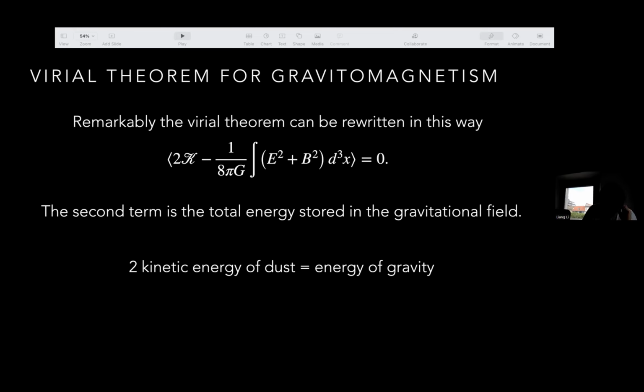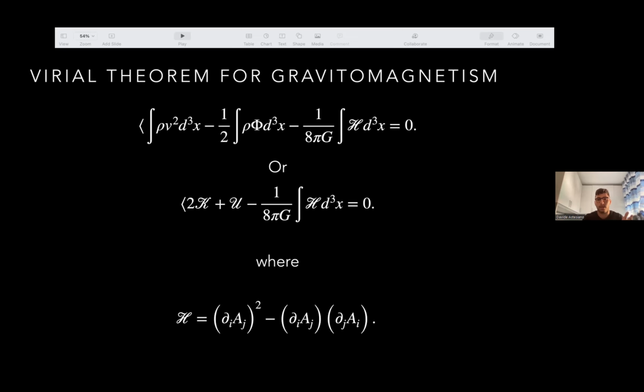Again, the virial theorem becomes pretty simple: 2 times the kinetic energy of dust equals the energy of gravity. It's clear. If you do the calculation, this is the energy stored in the gravitational field. So it took this form. If you don't like this interpretation, this is an exact result at the expansion